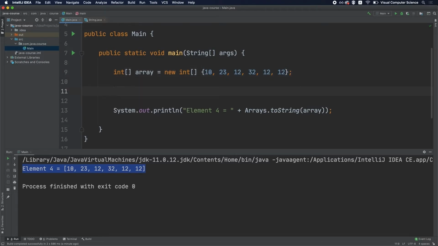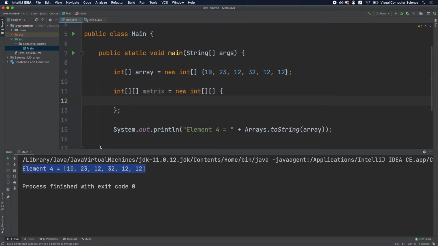We can also have bidimensional arrays, which are the same thing as matrices, or simply arrays as we know them from math, which can be declared in the following way. We have to use two pairs of brackets when we declare them. The name is the same, but when we initialize it, we need to add the same pair of brackets here. And on the initialization, we need something like this. We have an outer brace, and inside it, we need to have